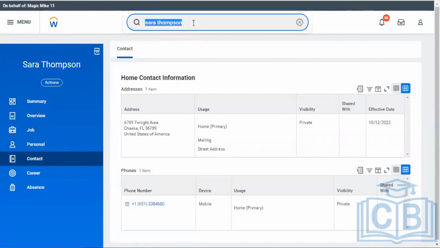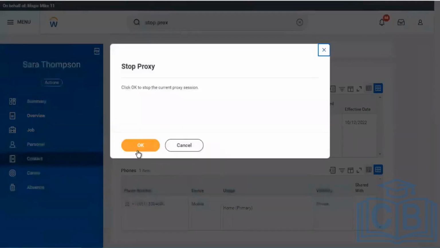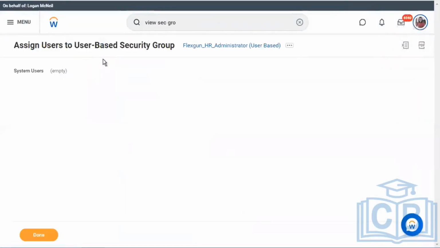But if I proxy out and go back to the user base group that we created, and now add Magic Mike into this particular group, he should be able to look at the emergency contact.